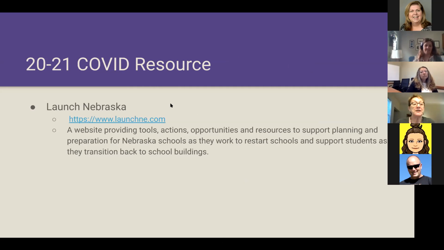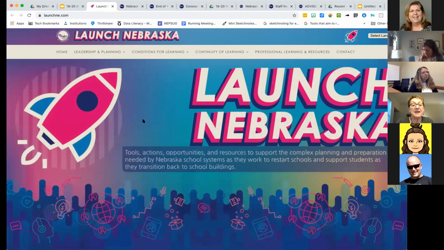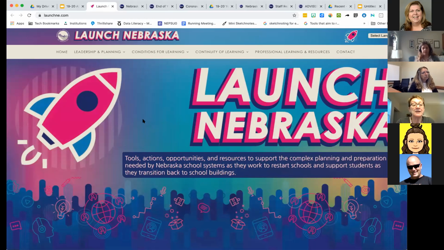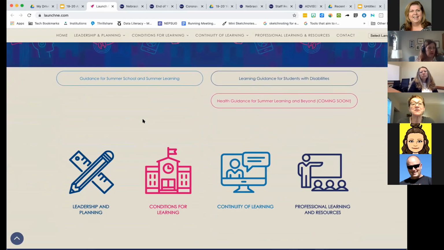What's new for 2020? 2020 COVID resource. We have launched Launch Nebraska. The Launch Nebraska website is a tool. There are tools, actions, opportunities, and resources to support the complex planning and preparation needed by Nebraska school systems as they work to start schools and support students